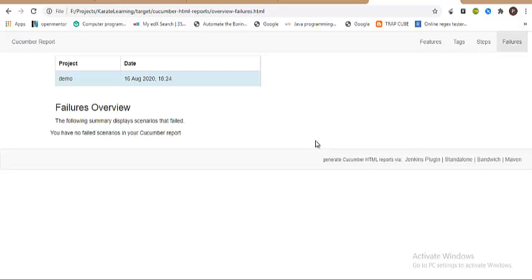We integrate Cucumber reports with our Karate test automation framework. But if you have looked into our previous frameworks where you have a different reporting mechanism, like Extent reports, Allure reports and ReportPortal.io, those are beautiful reports too, but you need to handle the logic.